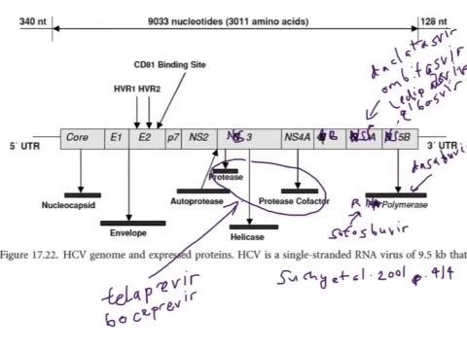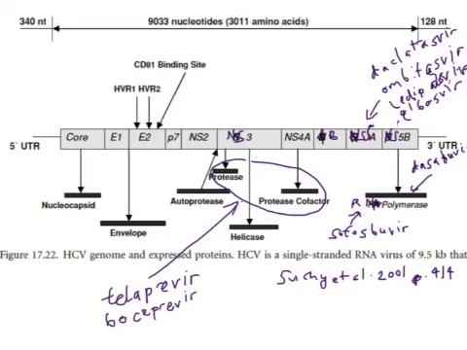I have now added in some of the unpronounceable drug names for the antivirals that have been developed, for most of the antivirals that have been developed to target hepatitis C specifically. Some of the first ones were targeted at NS3 and NS4A, which, as I mentioned, encode the protease and the protease cofactor,